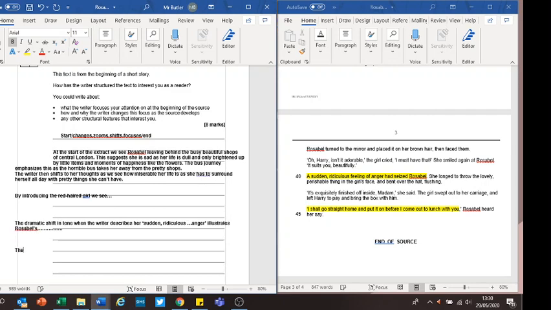So the last line makes it clear, and then explain what the writer's trying to say. Makes it clear that Rosabel is in a bad situation, that Rosabel maybe feels sad, that sort of thing. So you don't need to talk about the specific words and their effect and why they're chosen. What you need to do is you talk about